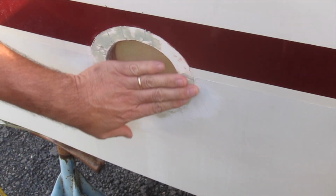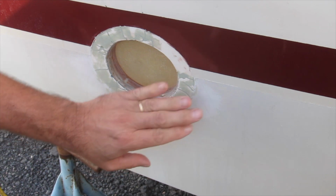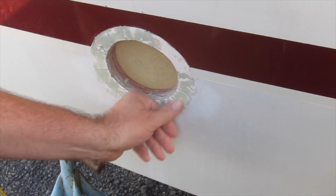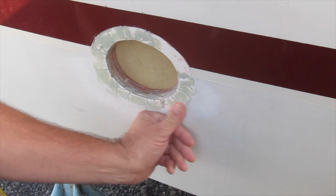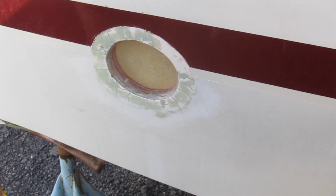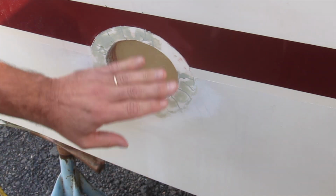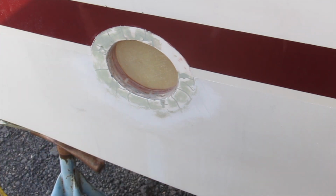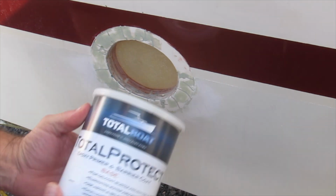Okay, so last time I filmed any of this, I just put some filler on there. Yesterday I actually sanded it, didn't film it, but I just used 80 grit sandpaper on a little small piece of wood to sand that down. And now today I'm just going to put the same stuff I put down here, and that is this Total Boat